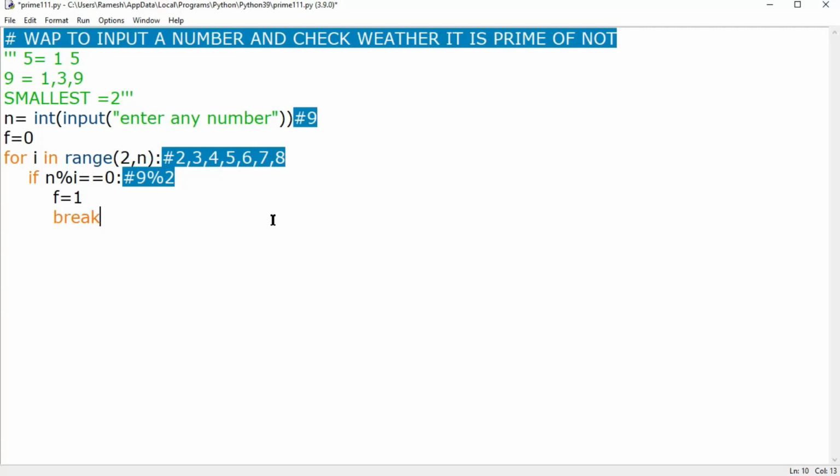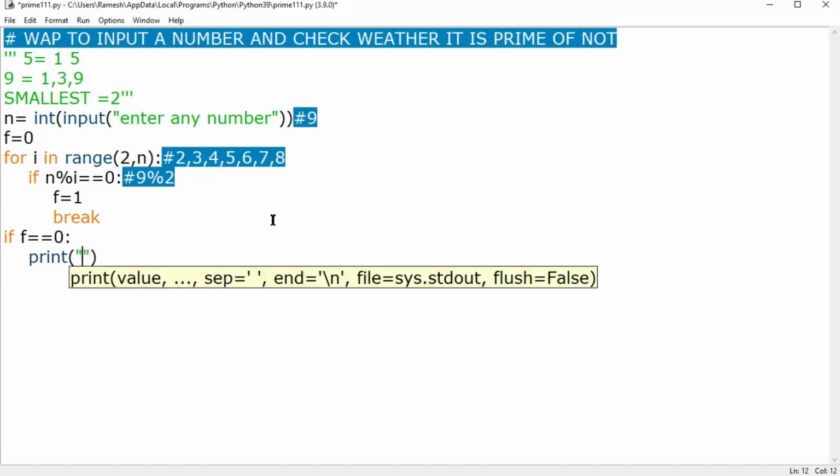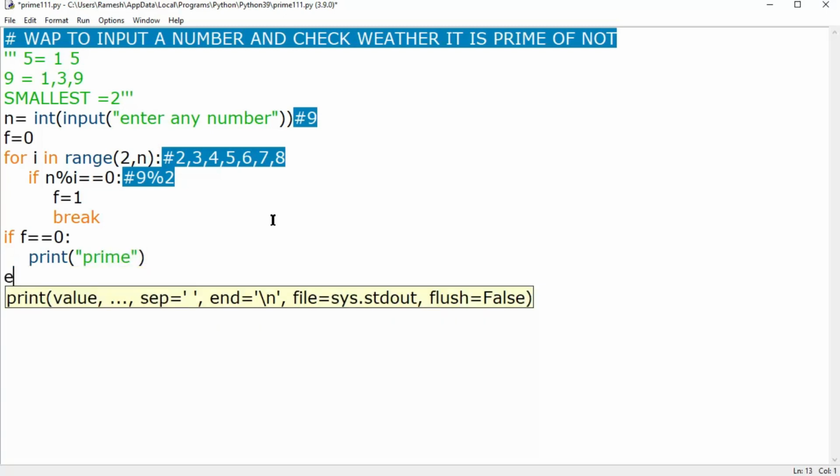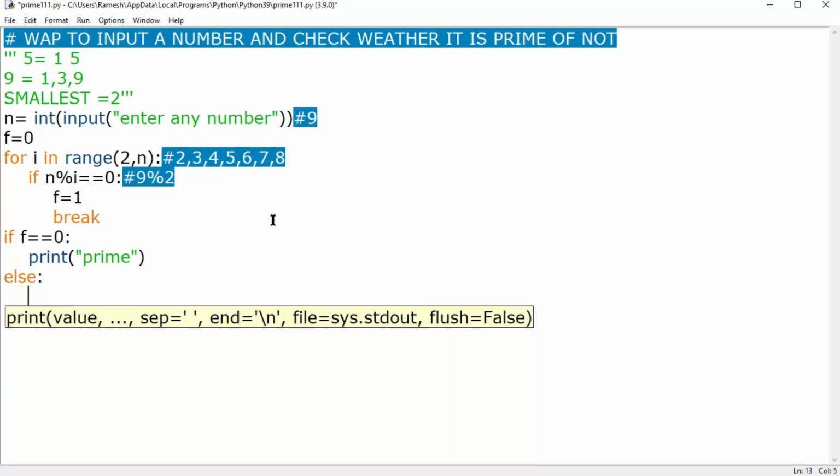And now when I come out of the loop and simply write if f double equals to 0, then here I will print prime number,